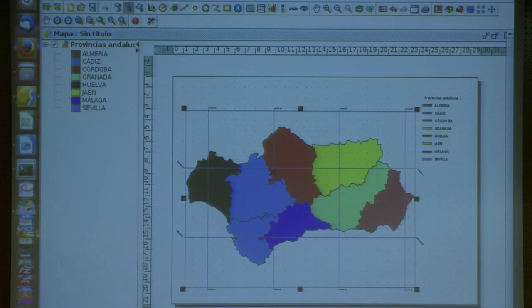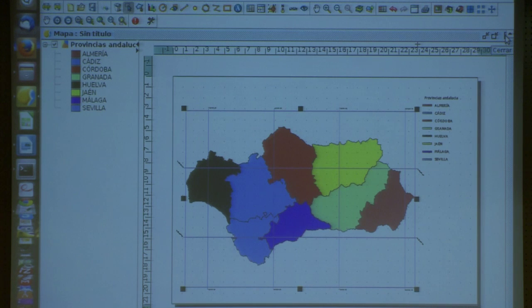That's nice, and we do not have to play to see how many lines we should put and so on. This is another novelty. Another one is export to KML. For instance, this allows us